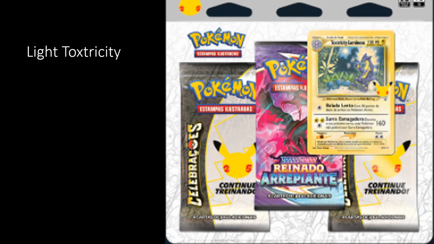Now these are some Spanish blister packs, I believe, but they do show some of the artworks and the cards that we can expect. Now I'm not sure if they will come in blisters like they do in this country. They may come in the collector's chest, or they may also come in blisters in the UK as well if we do get those. But here you can see the light Toxtricity,